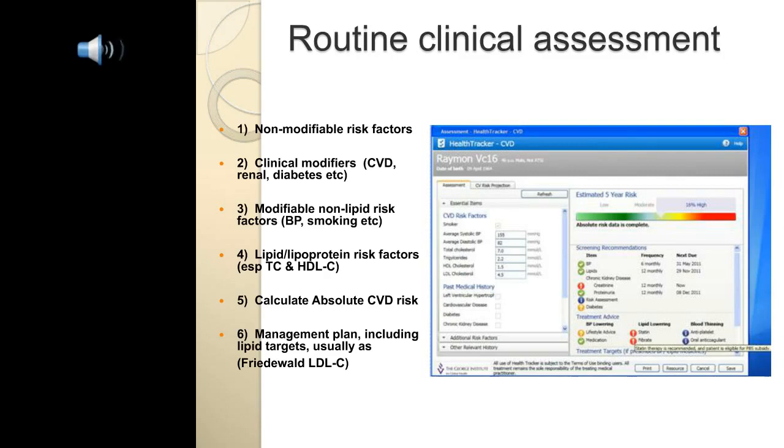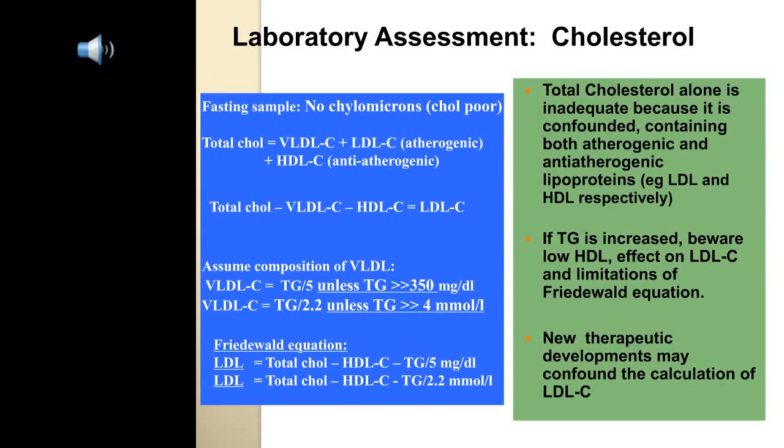And so an important part of this process is measurement of total cholesterol, which will usually be modified with the addition of information about triglyceride and HDL cholesterol to generate the Friedewald equation derived LDL cholesterol level. This is based on the assumption that if we have a fasting sample, there won't be any chylomicrons present. You would point out, of course, that chylomicrons are fairly poor in cholesterol, and so that shouldn't make that much difference, but it helps with the logic of the Friedewald equation, because we can then assume that the total